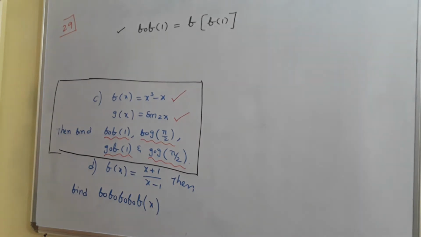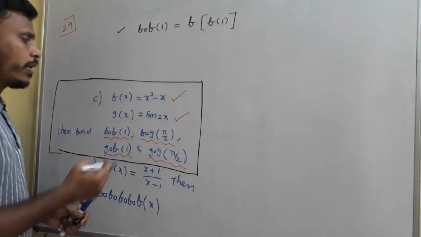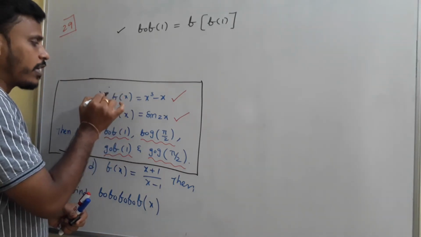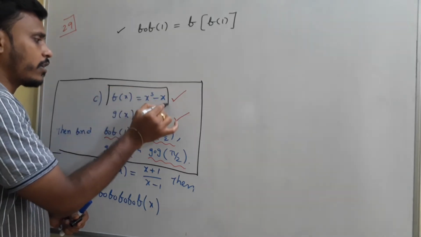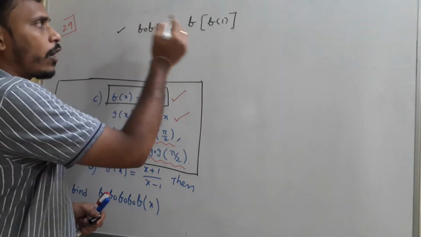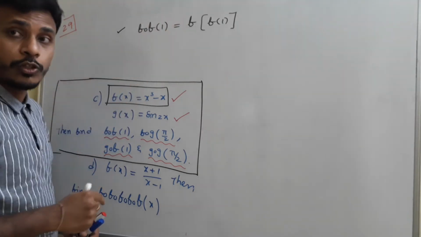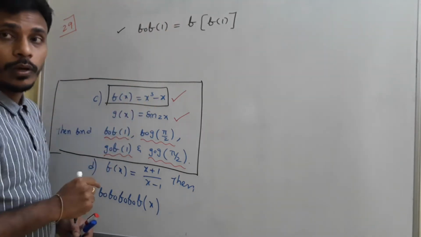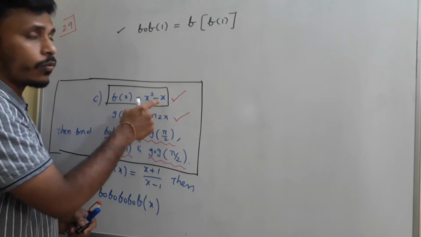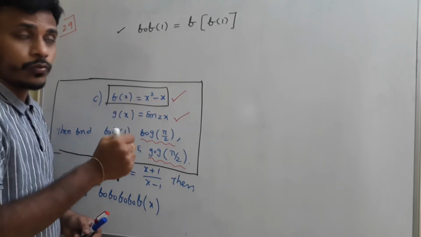Okay? So f of 1 is simply replacing x with 1. See, the function f of x is x cube minus x, it is very clear. We need to calculate f of 1, our input is x here. Here our input is 1, so we need to replace x with 1. So if you replace x with 1, what happens? 1 cube minus 1, is it right?